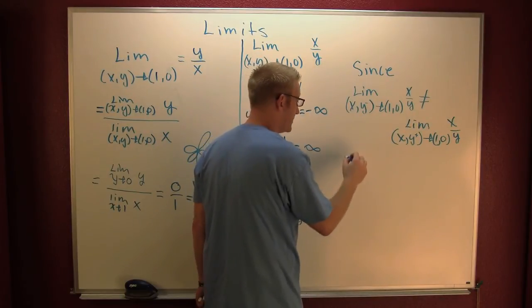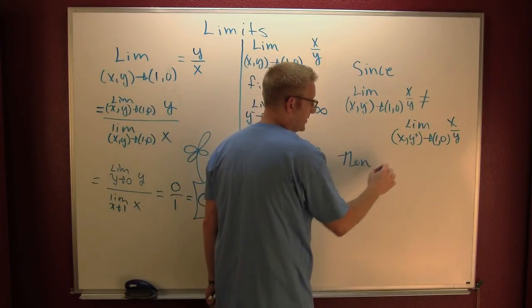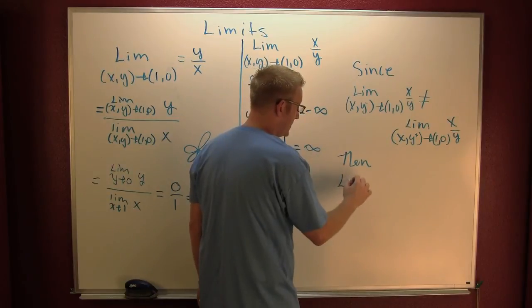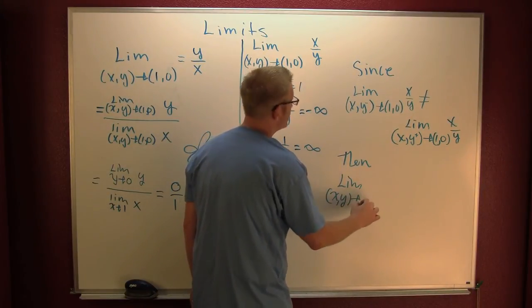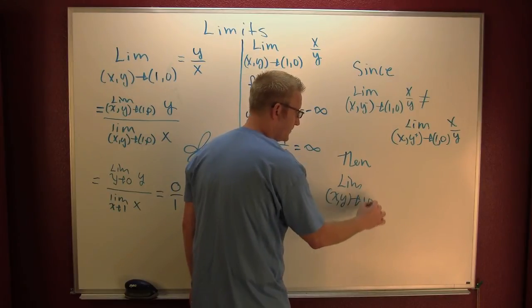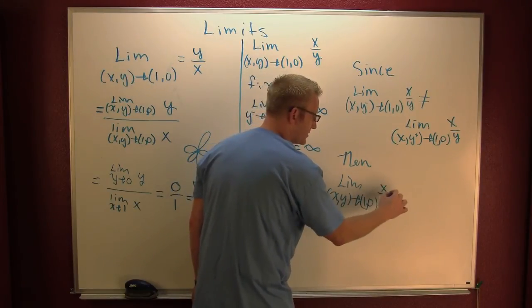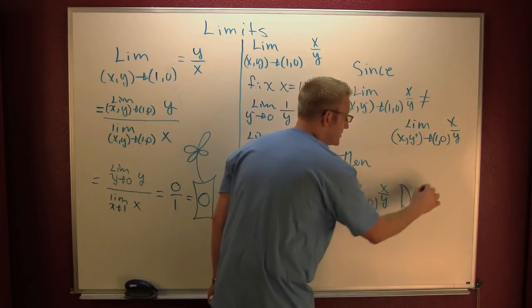Since this does not occur, then the limit as x, y goes to 1, 0 of x over y does not